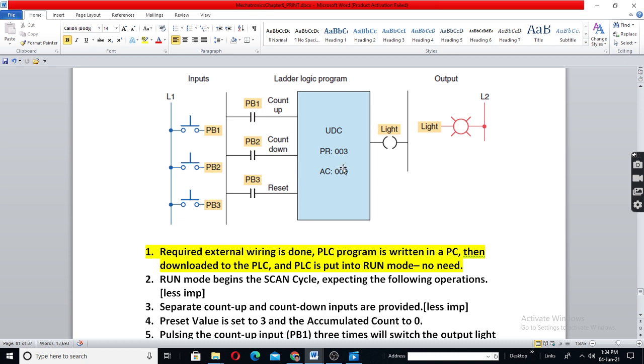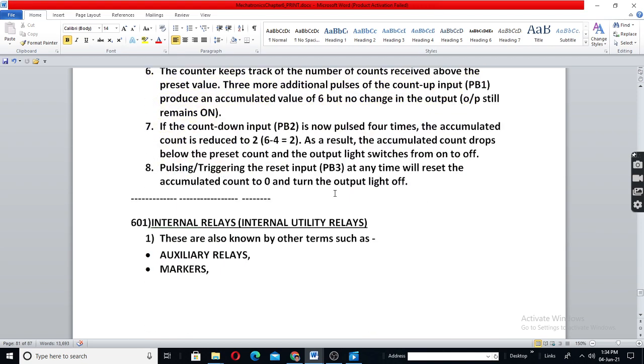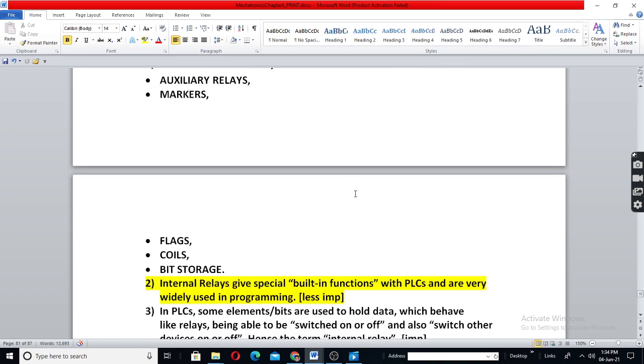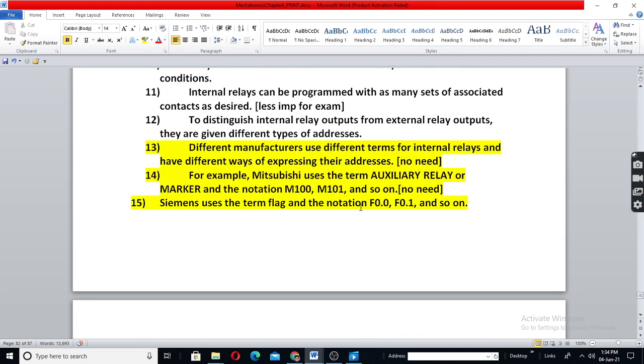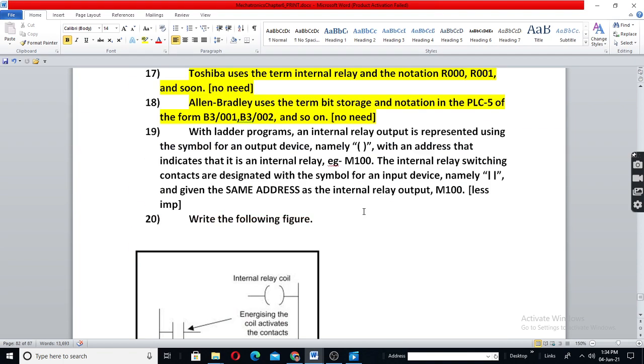See, I have taken this example from website. It is not written here whether this is output of up count or down count. But this can be easily understandable that this is for up counter because here reset is used, not load. Anyhow, so these are the examples for such different programs or different counters.